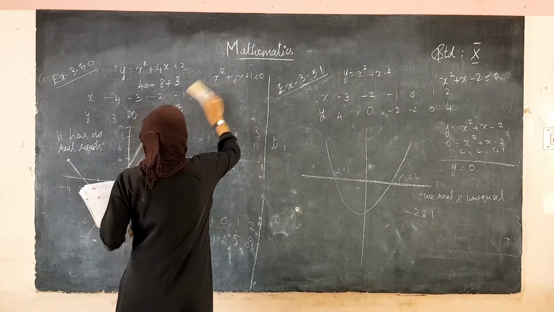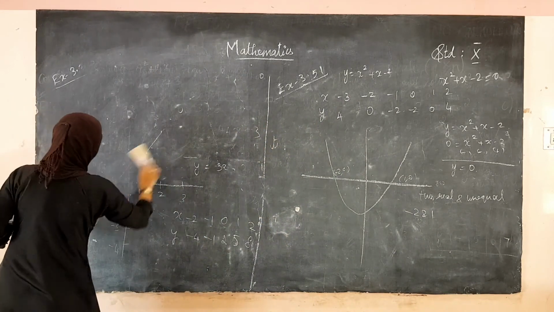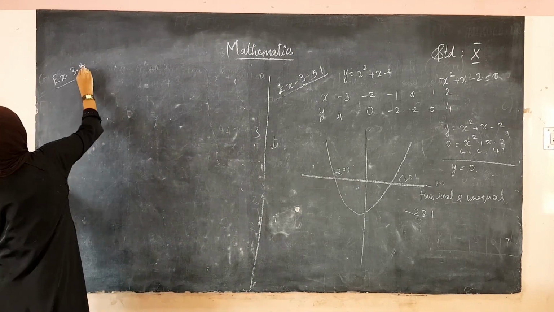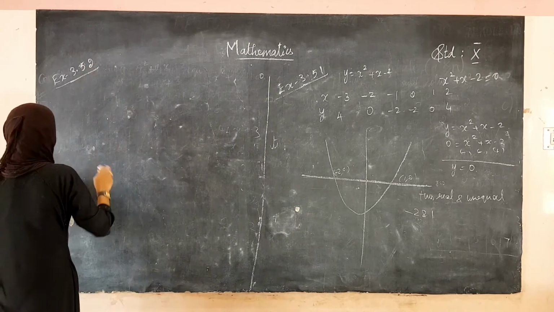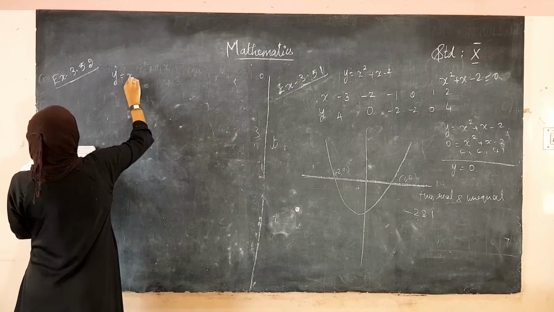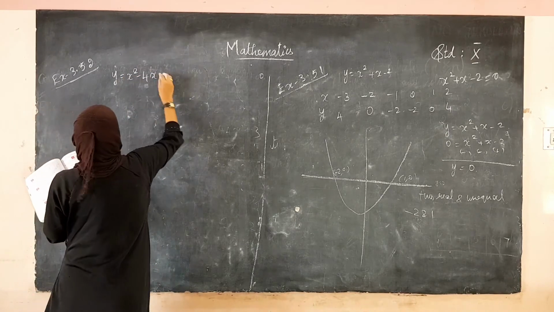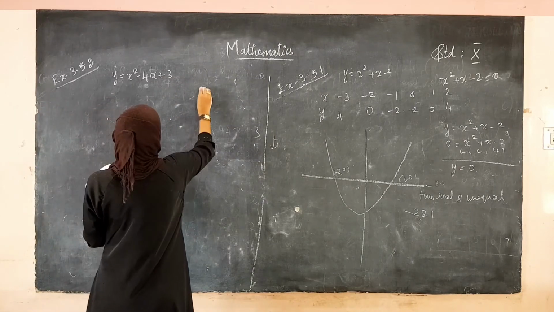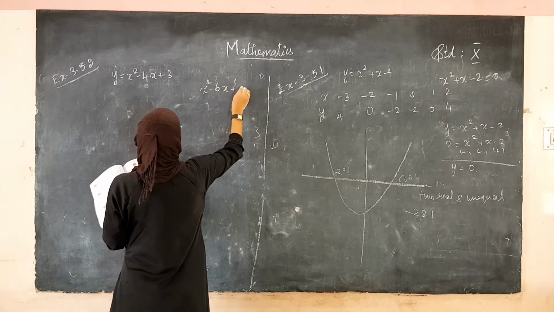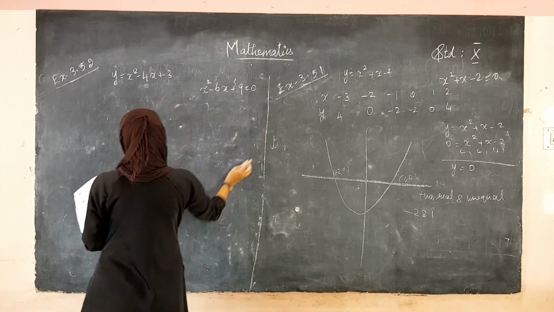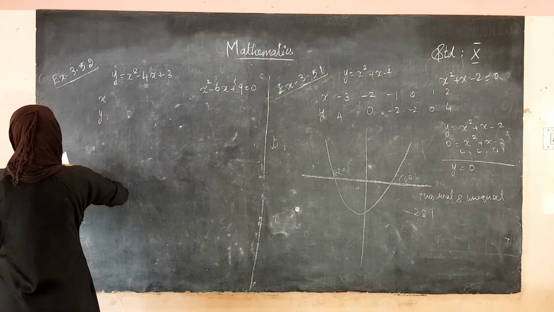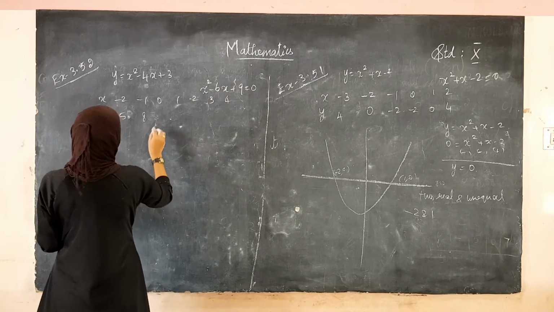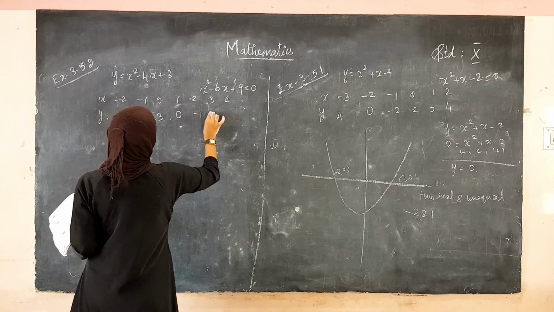Okay. The next question. Next one is 3.52, the last example. Draw the graph of y is equal to x squared minus 4x plus 3 and you have to solve for x squared minus 6x plus 9 equal to 0. Okay, the points are, I am directly writing from your book: minus 2, minus 1, 0, 1, 2, 3, 8, 3, 0, minus 1, 0 and 3.